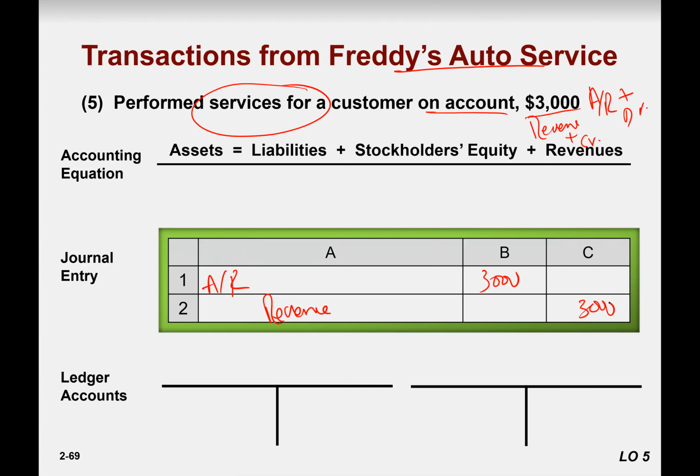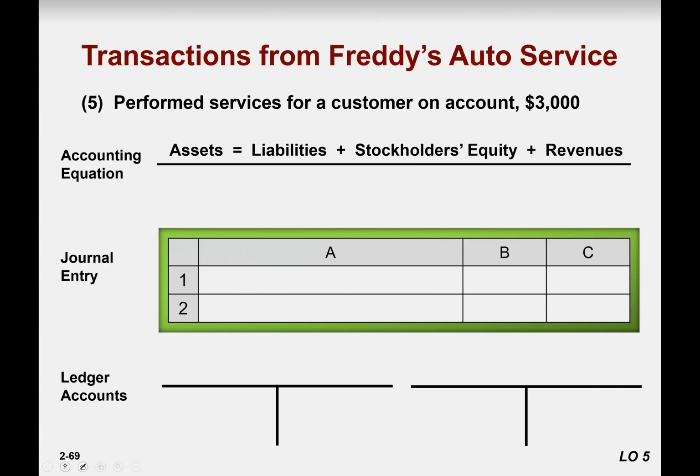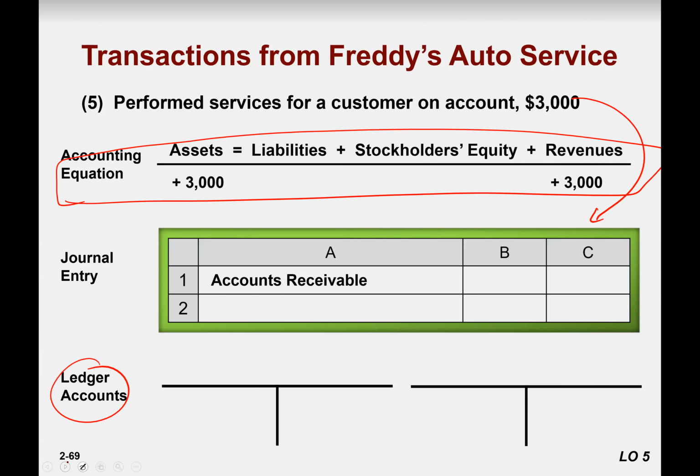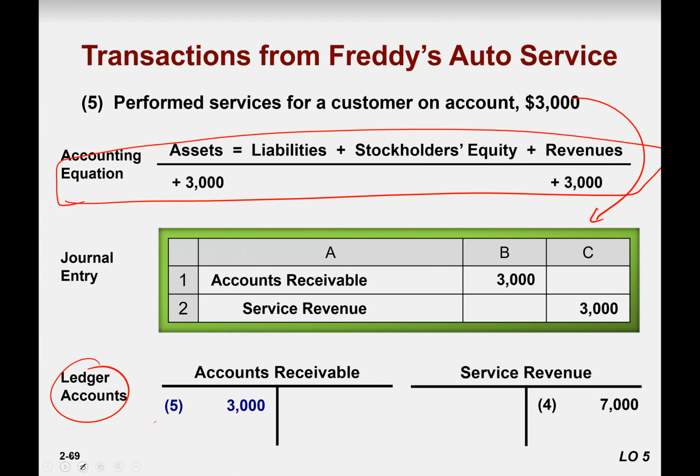And then you post it, right? I am omitting this accounting question because I assume that you already know that. So we are now jumping directly to making the journal entry and then posting it to the ledger. You see accounts receivable to revenues, right? And you post it accordingly. Since we opened this revenue account previously, in the fourth transaction we already have a revenue account here. So this 3,000 will be posted here against 5, right? That doesn't mean that every time you have to open a new T account. No, if you already